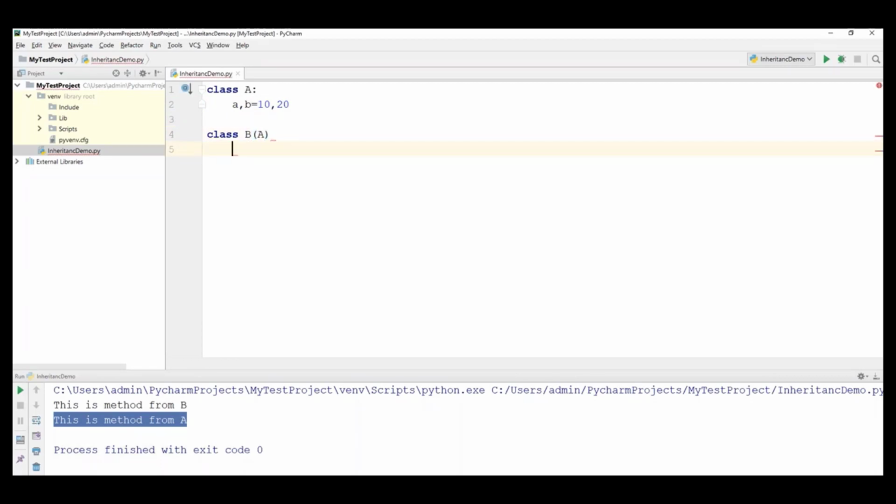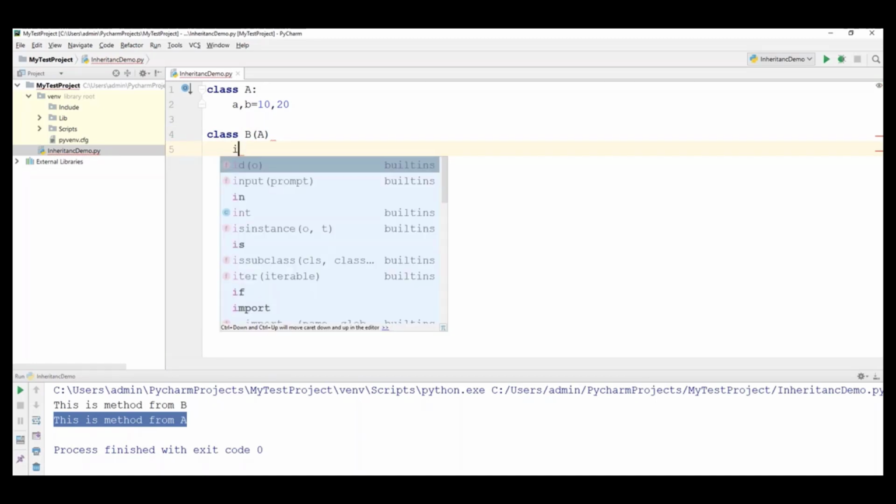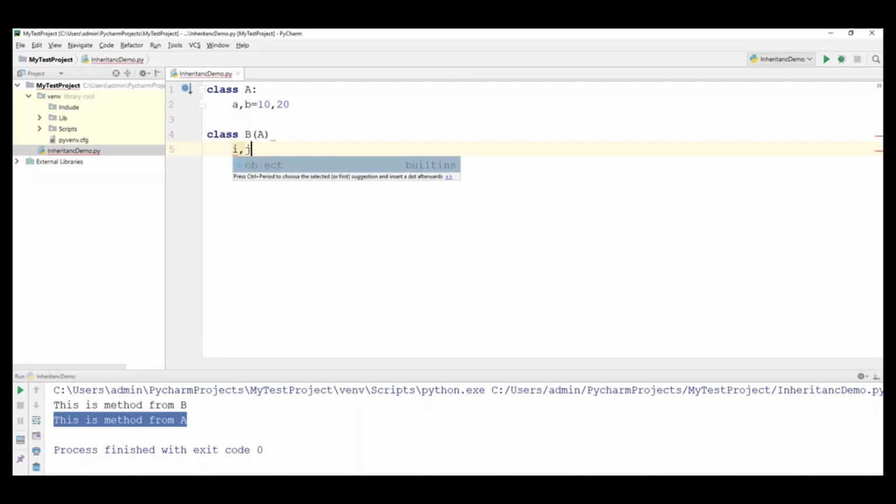Now this B contains again its own variables. Let me just say i, j, i, j. Here I'll just say 100 and 200, 100 and 200. Here a semicolon is missing. Okay, so I have defined a class called A which contains two variables. I haven't defined any methods, but in class B I have defined a few variables again, but this B is extended from A itself.